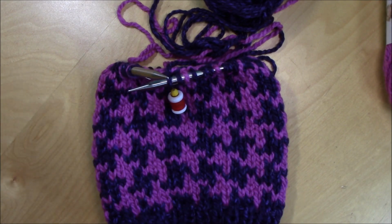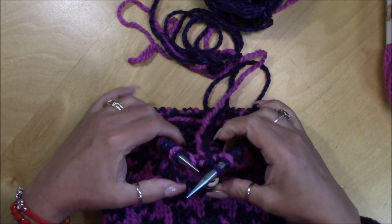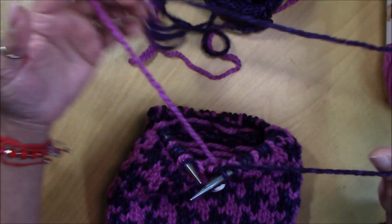Now I'm gonna do 2 rounds with the purple. I'm gonna cut the fuchsia. I'm gonna trap the tail a little bit in a few stitches, and then I will secure what I have left. And to do that,